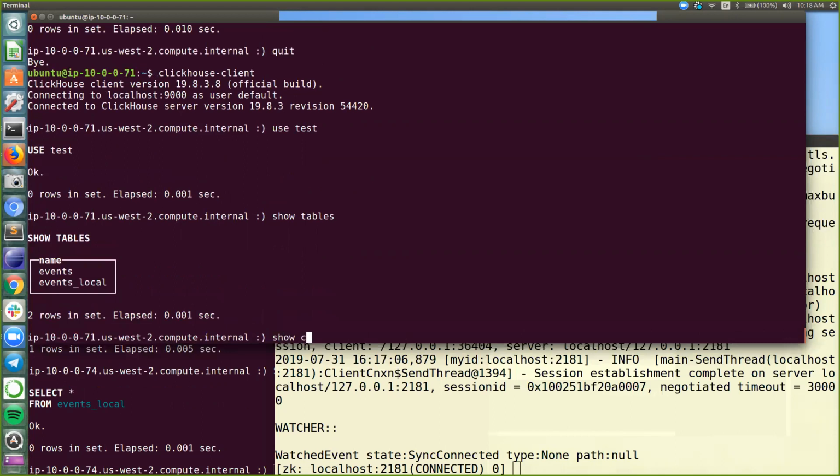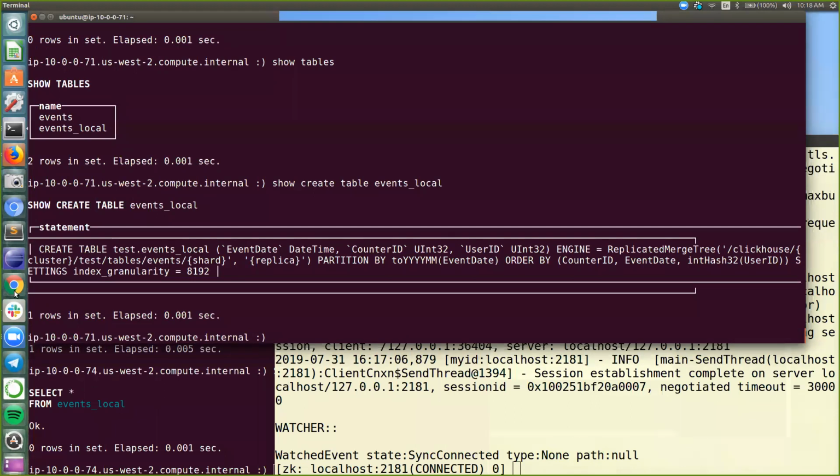So we'll do show create table on events_local. This is the replica table. When we show the create table, what we see is that it has the normal table definition, but it's using this table engine called ReplicatedMergeTree. That includes some extra parameters like this long path as well as the name of the replica. We'll talk about how those get filled in. It has a partition key, order by, index granularity, usual stuff. So this is actually the replicated table, and this is going to have a copy of the data that's being stored in that